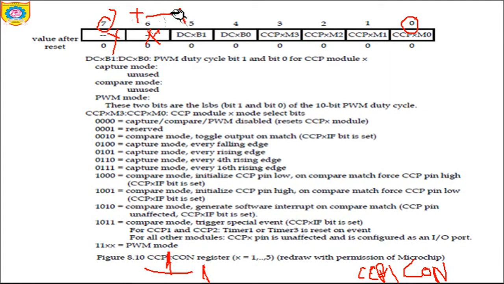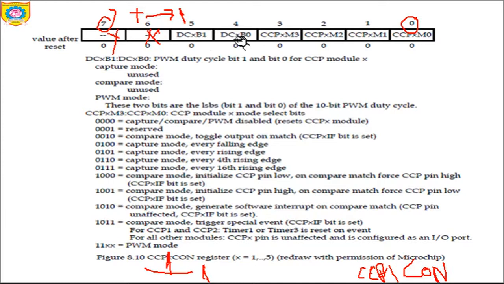So it is DC1B1, which is nothing but duty cycle bit 1. As we know, duty cycle is associated only with the PWM mode.